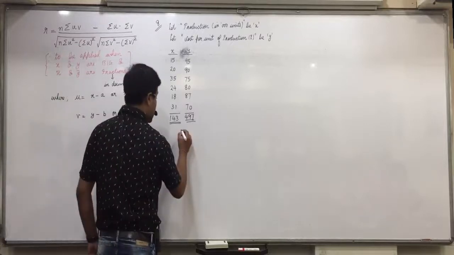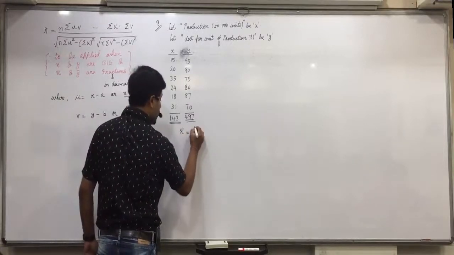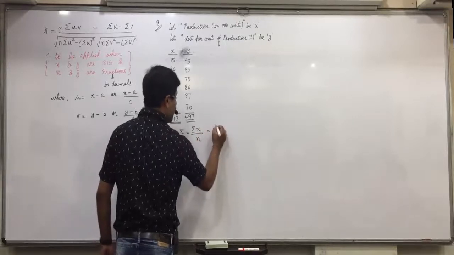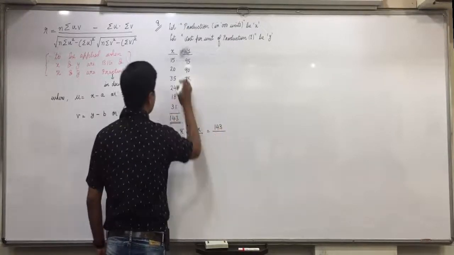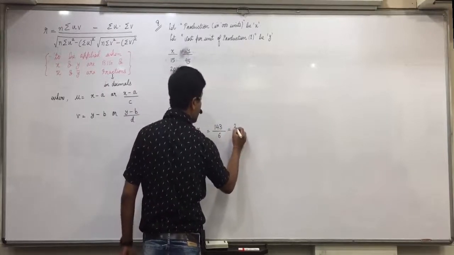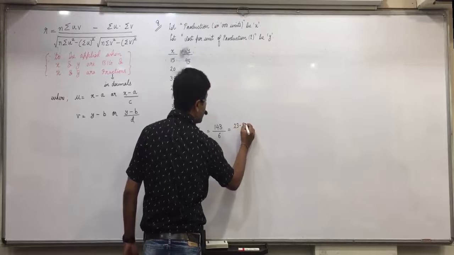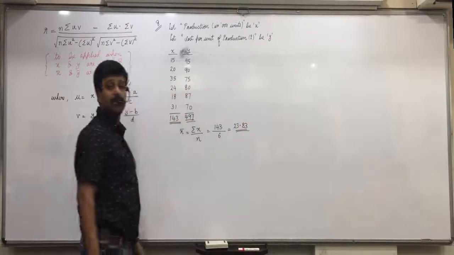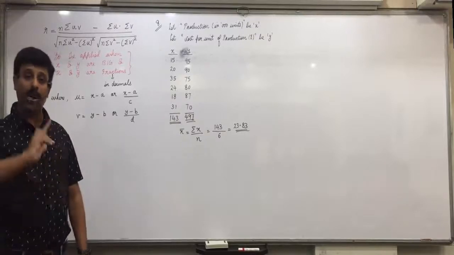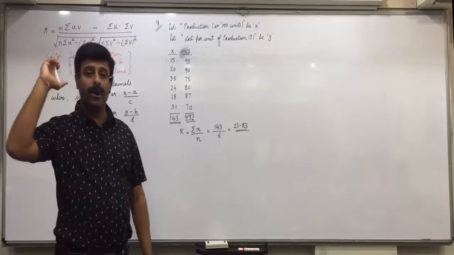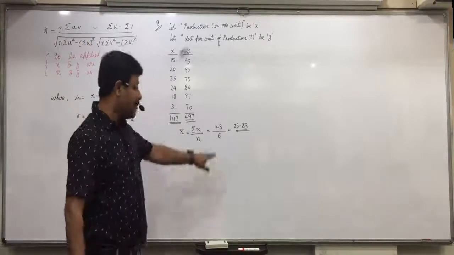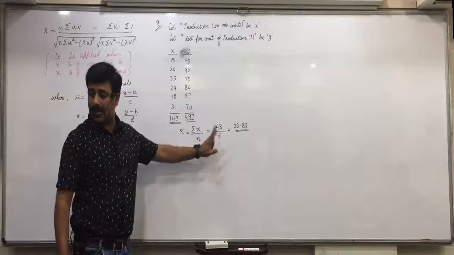Now first we will find X bar and Y bar. X bar is sigma X upon N, 143 divided by 6 observations, which is 23.83. Integer or fraction? Fraction. Basically it is in decimals, so we cannot use yesterday's formula. Yesterday's formula, X minus X bar and Y minus Y bar, you can use only if it does not come in decimals.